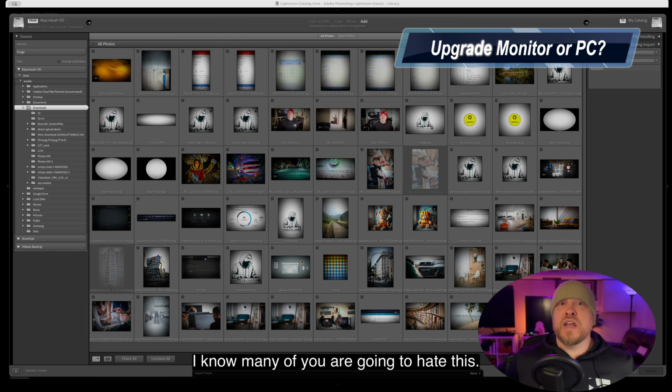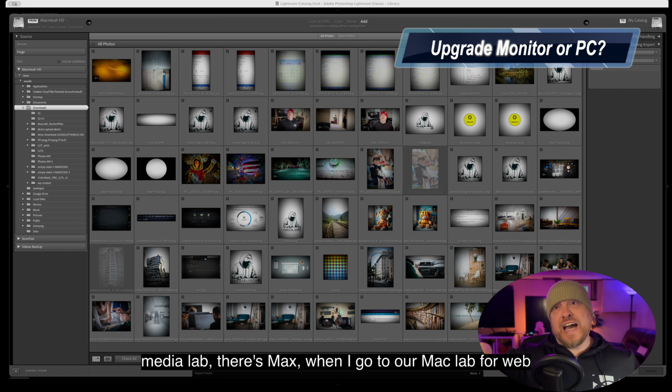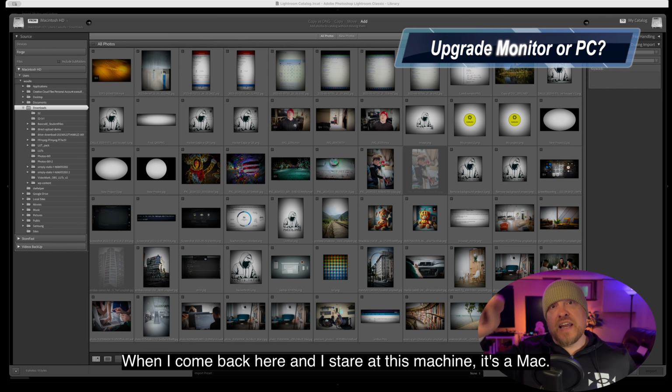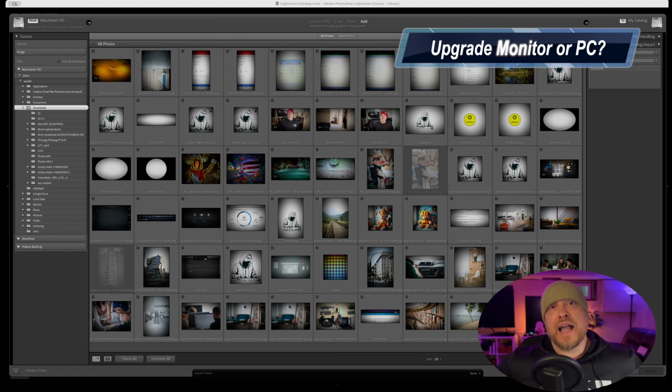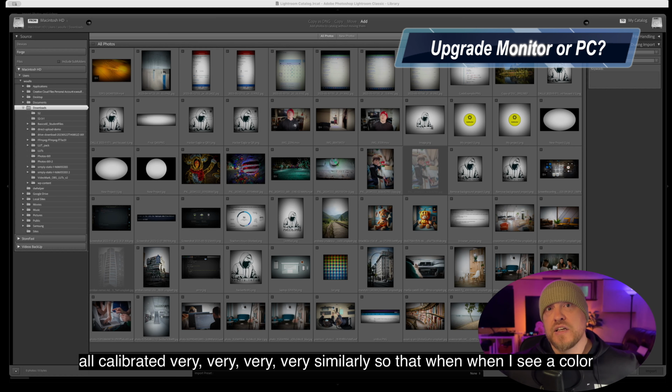I know many of you are going to hate this. I like Macs because they are calibrated. When I go on campus and I go to the Media Lab, there's Macs. When I go to our Mac lab for web, clearly there are Macs. When I come back here and I stare at this machine, it's a Mac. And the benefit to that, just from my perspective, is they're all calibrated very, very similarly,